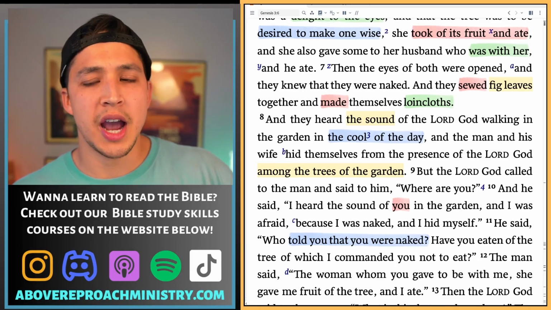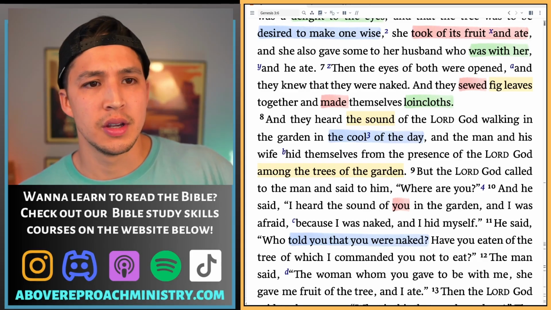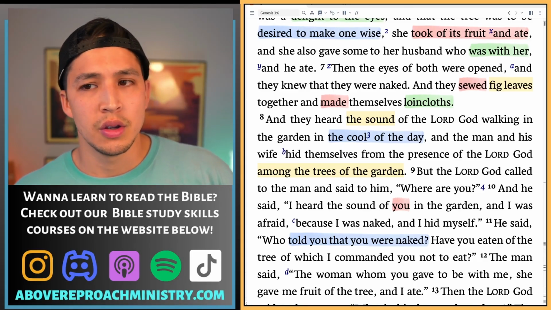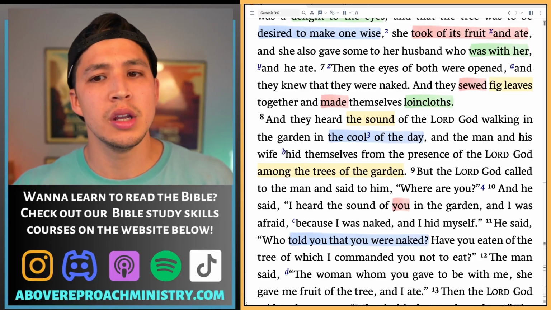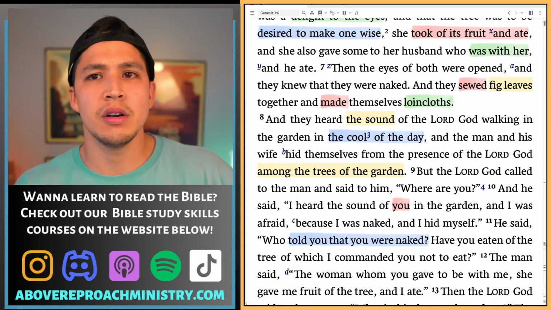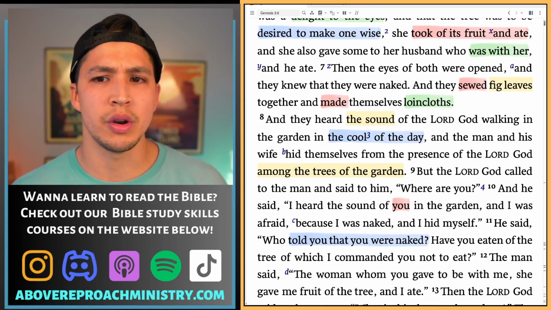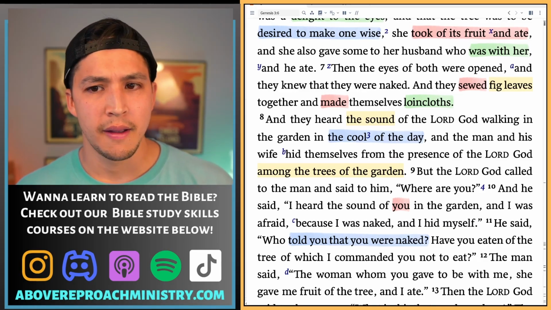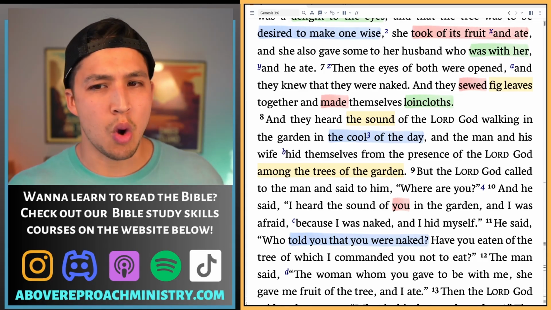Why do they choose to hide behind trees after covering themselves with leaves from the trees? What might this reveal to us about trees in this story when you connect it to them eating from the tree, right? They seem to be eating from the tree, covering themselves, hiding behind trees. Why is fear what seems to be the natural result of shame and nakedness in this story? What about God's presence became terrifying to them all of a sudden? And how is God's presence connected to the sound of him walking?